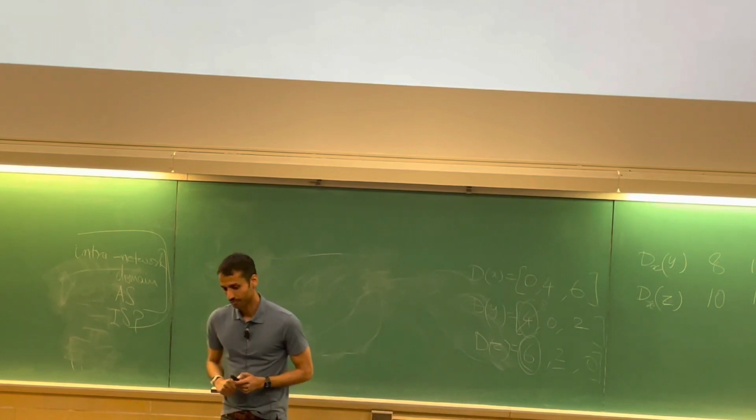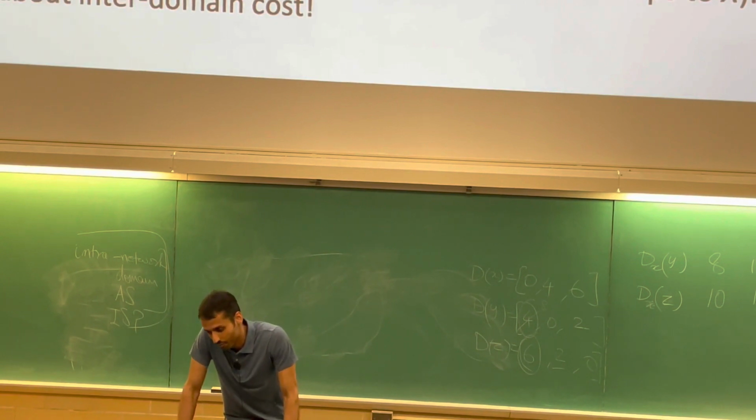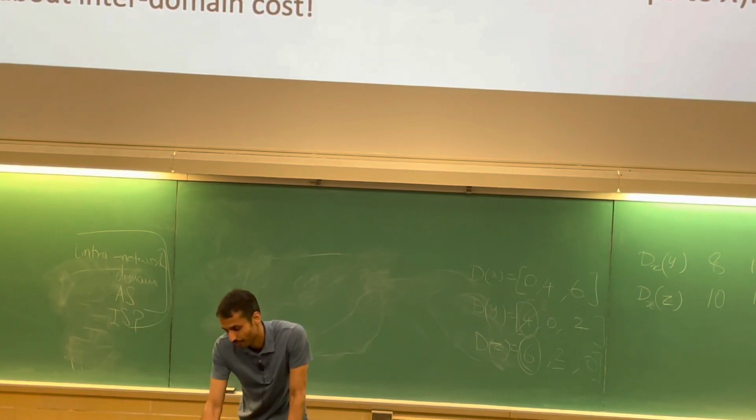So in this example, AS1 again, like before, has multiple ways. If you focus on router 2D,